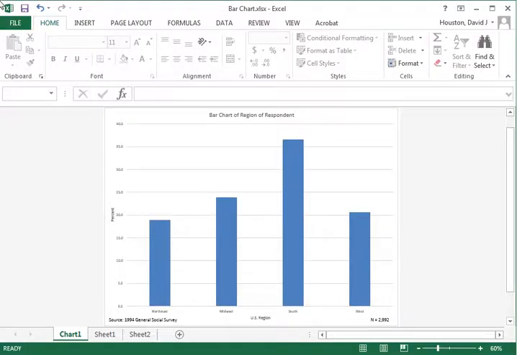Now that we've added all the elements to the chart that we would like to have on it, let's now get it into the shape that we want it to be. So let's go about formatting some of this information. One of the things you notice is that the ribbon at the very top takes up a good bit of space and makes the chart obviously look smaller on the screen.